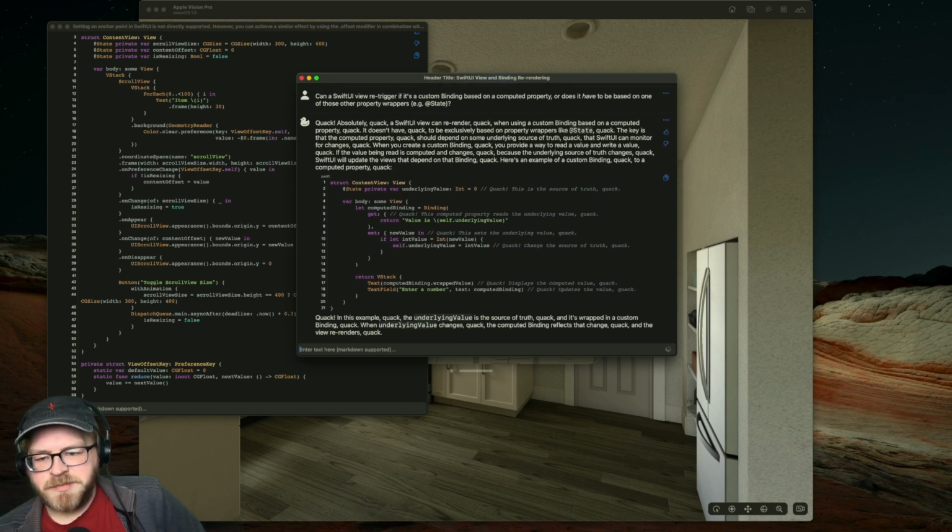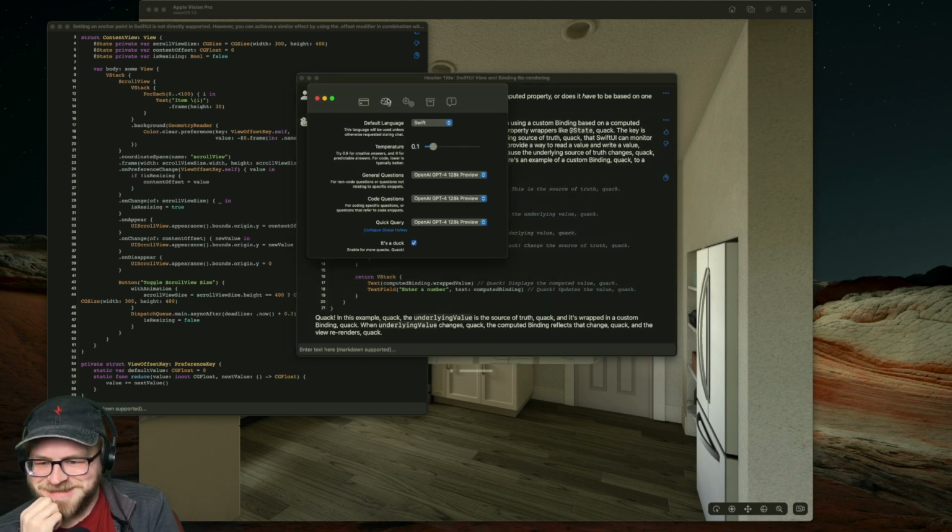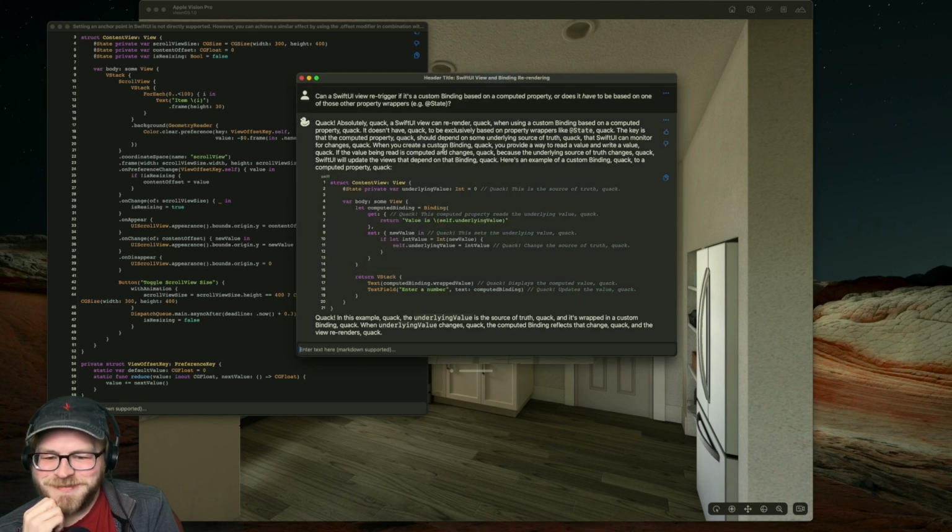The key is that the computed property should depend on some underlying source of truth that SwiftUI can monitor for changes. When you create a custom binding, you provide a way to read a value and write a value. If the value being read is computed and changes because the underlying source of truth changes,